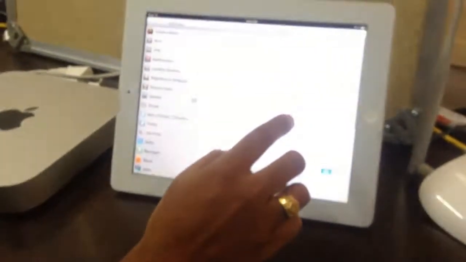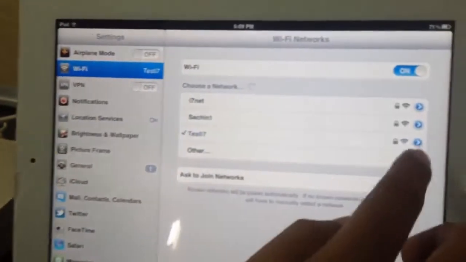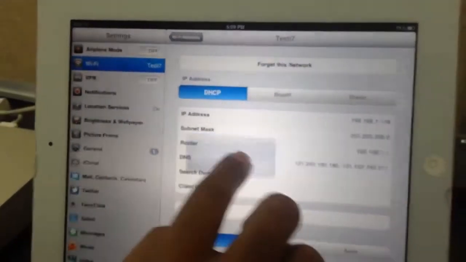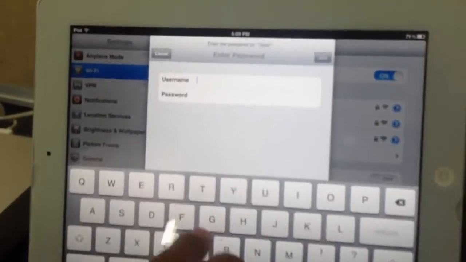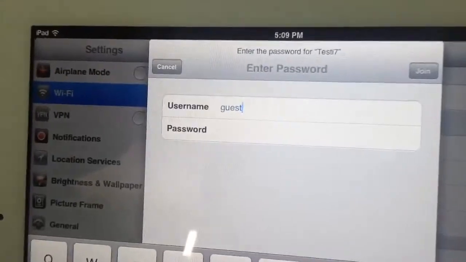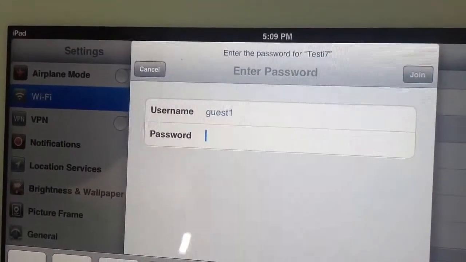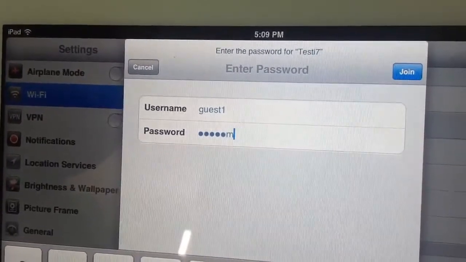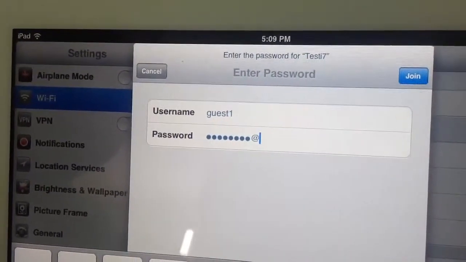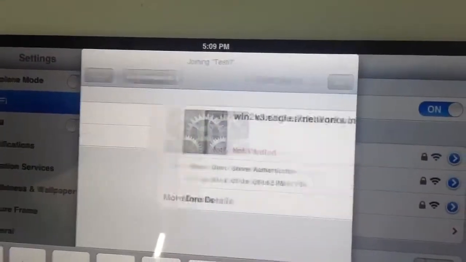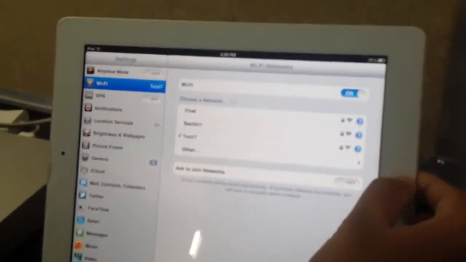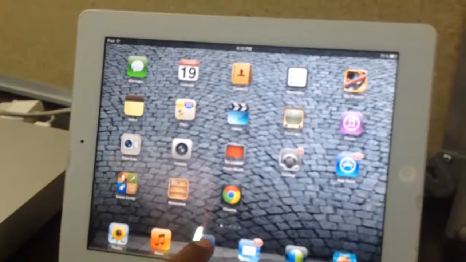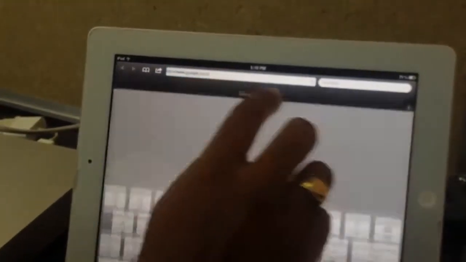Now we will try to log in as a guest. Now we logged in as guest. So as per the policy that we applied, we should be able to access Google, but not any internal resources.